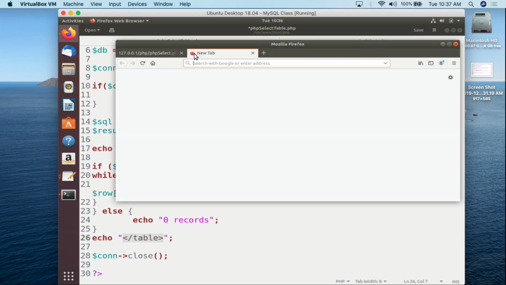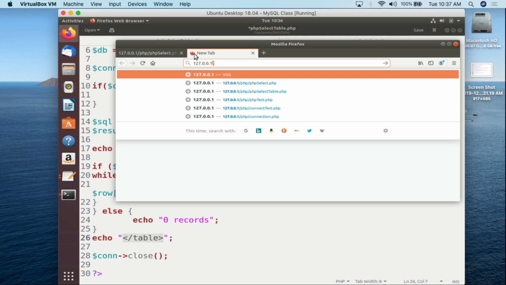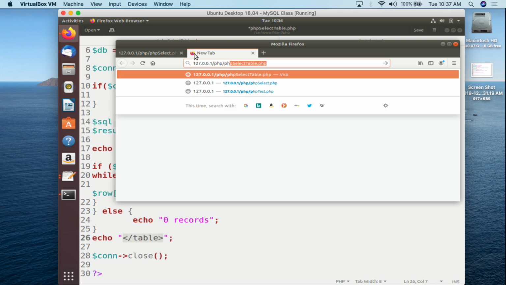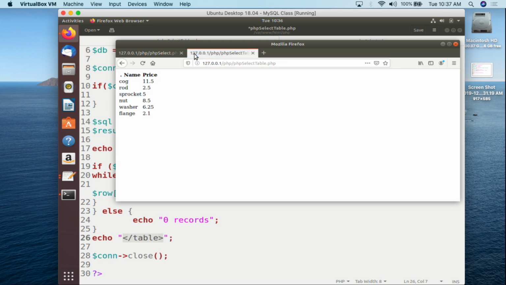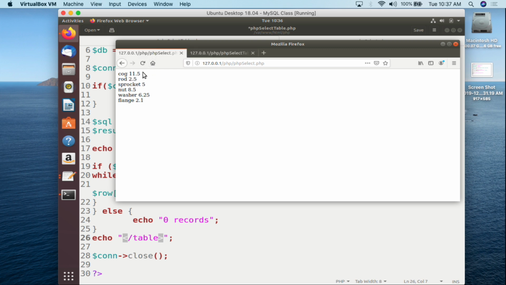So if I go here, again, 127.0.0.1/PHP/PHP select table. Then we're going to hit enter. Oops. And so now here I have a bit of a typo, but as you can see, so we have the table head, so name and price is at the top, then we have cog, then we have the price, and then we have rod, then we have the price, then we have sprocket, and then the price. And so this is a little easier to look at, this is a little prettier to look at than what our initial thing was. So this is just printing out the information all on a single line, nothing is spaced, nothing is